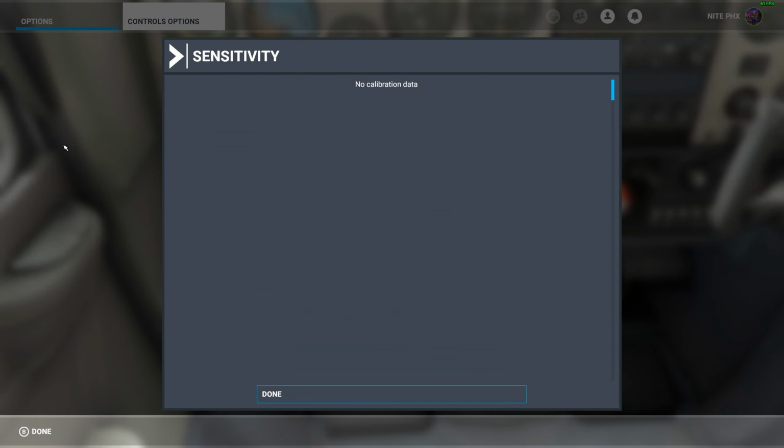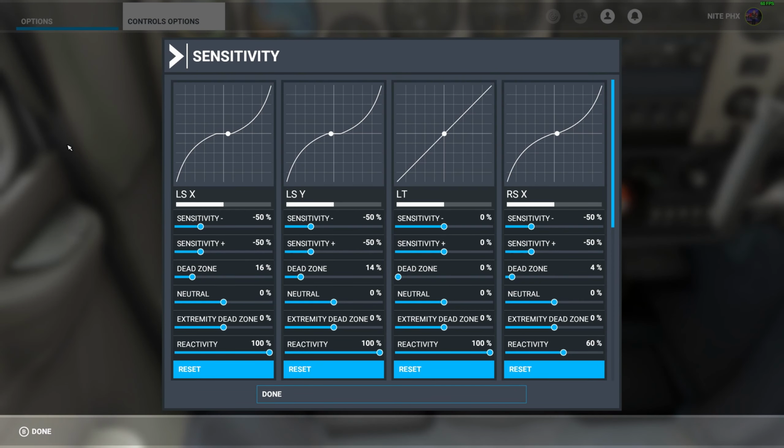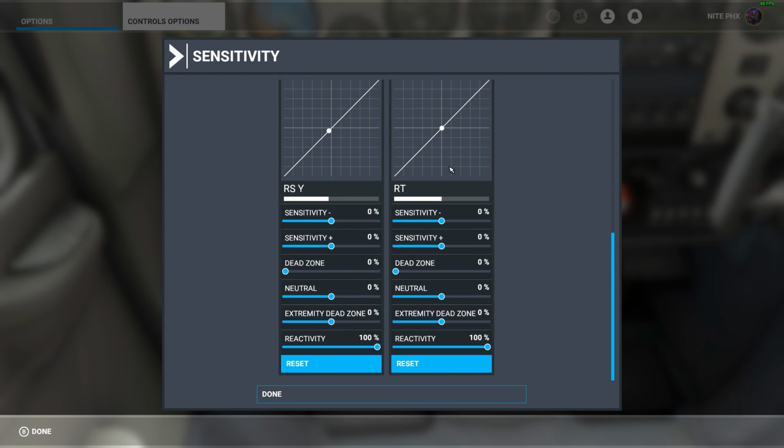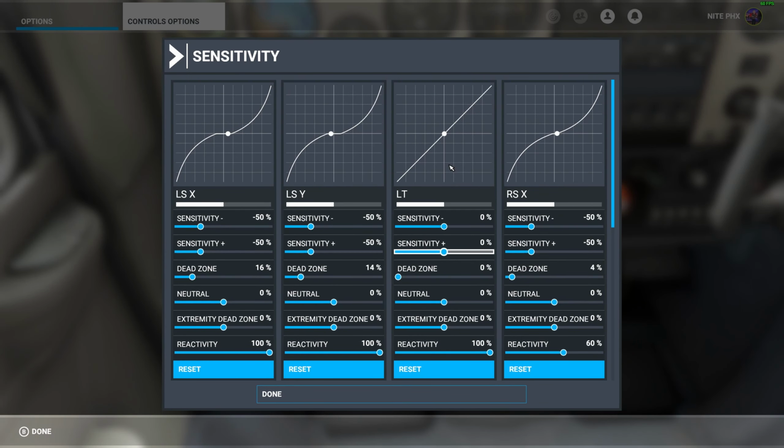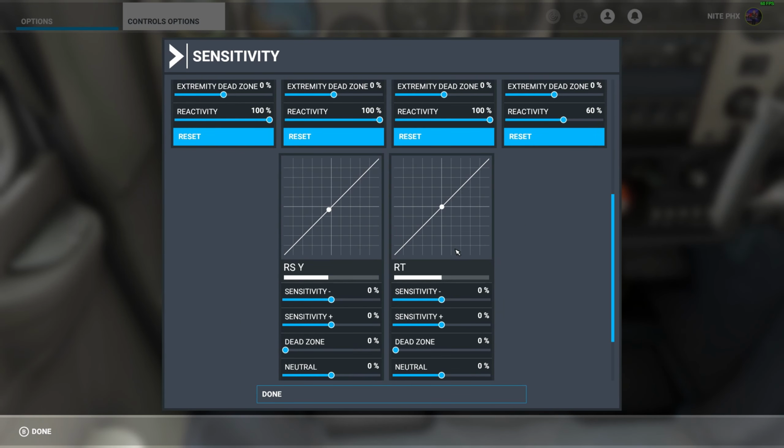No. Go to sensitivity. Right, so that's going to be right stick. It's going to be X. No, so right stick. You want right stick Y. Oh, there's no